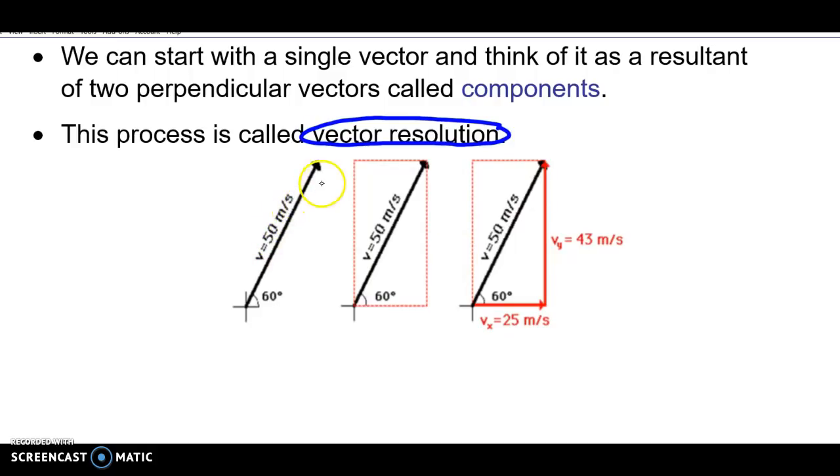So this is the resultant vector, this v equals 50 meters per second. Let's say we were asked to find its component vectors, which you can see here. It ends up being that the horizontal component is 25 meters per second and the vertical component is 43. But how would we get that? Right? It's kind of like working backwards. How do you work backwards from knowing the resultant? So to do that,